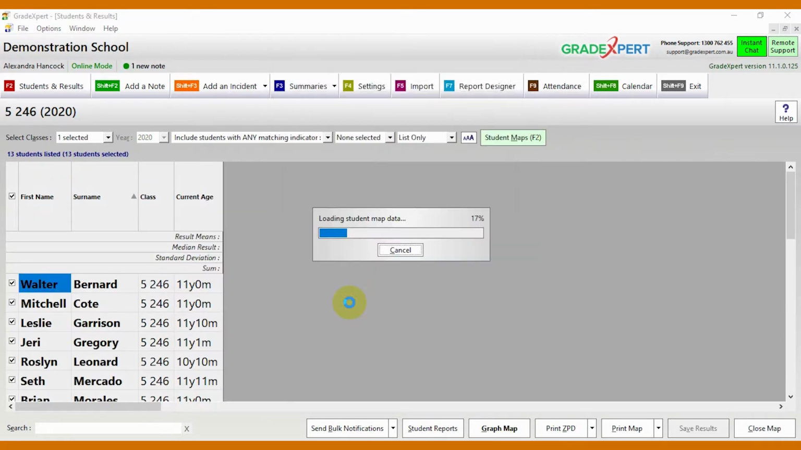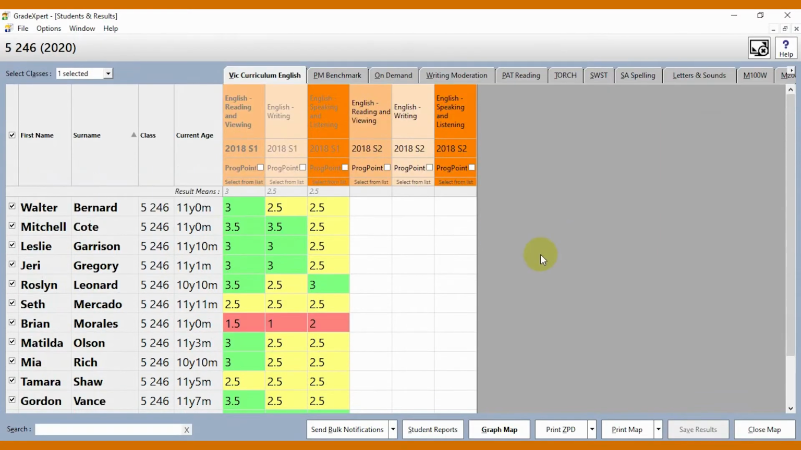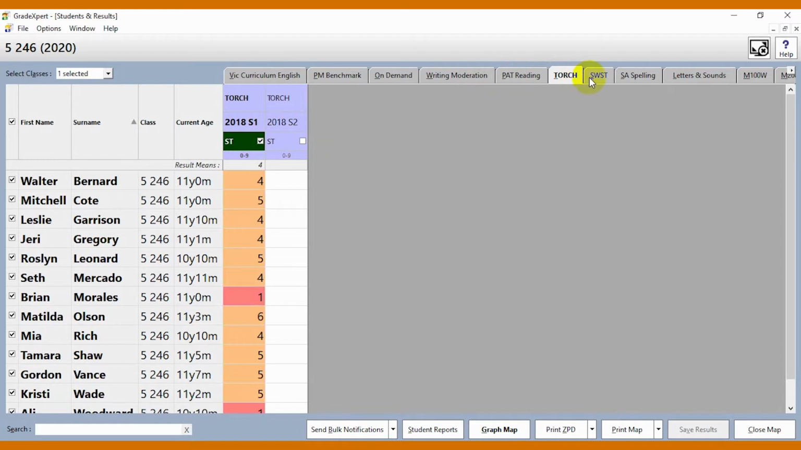Let's go back to master. So here's an example of color coding that's very easy to understand. Any red means they're below where they should be, any yellow means they're at the expected level, and any green means they're above the expected level. So if I take a map that's got my English, and I'll take my PAT Stanine, and I'll take my TORCH Stanine, I'll take my single word spelling test, and I'll take my South Australian spelling test, and I print that out,